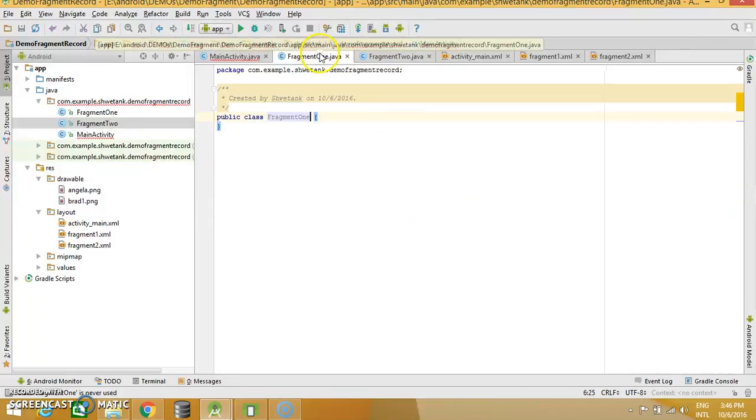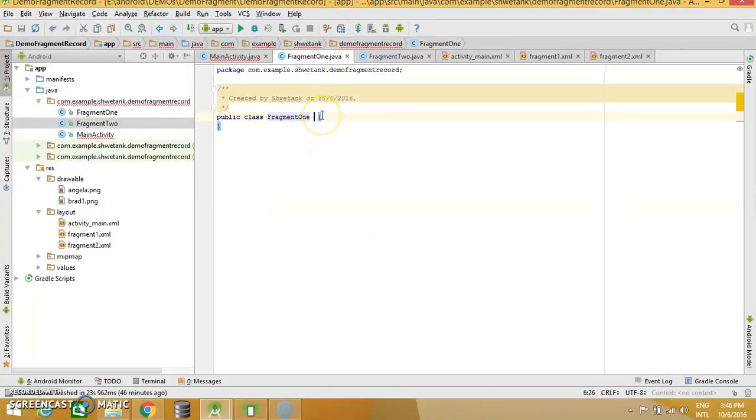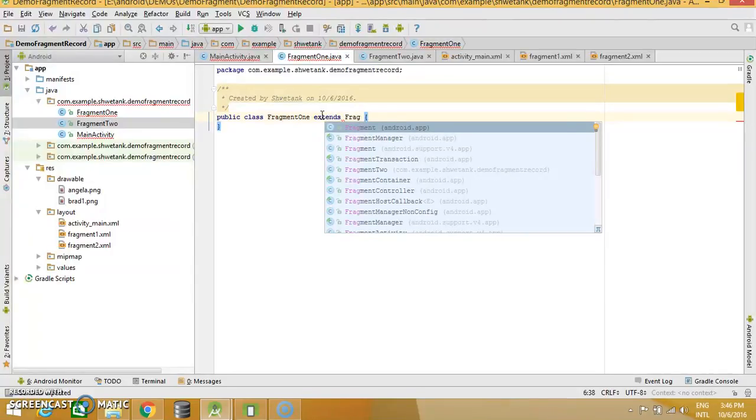That is because, as of now, fragment one is just a Java class. We will have to extend it to make it a fragment, which we will do after this. So let's do it in this way. Let's go and make these two fragments first, because otherwise we will keep getting errors, and that's not a very good way to proceed. Extends fragment,